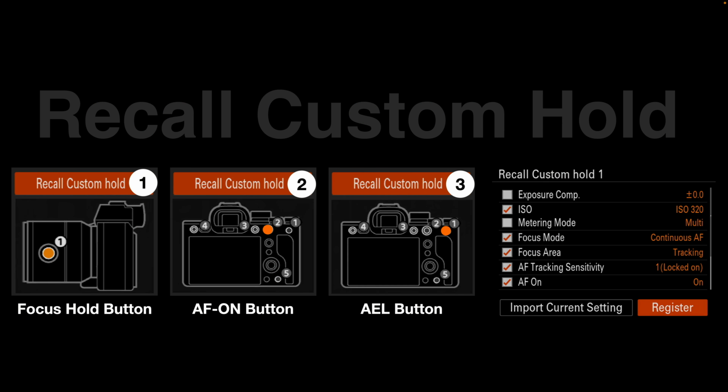There are 3 other memories that I will outline in the ebooks, and also I've registered to my CamSet files, and these are 3 additional memories called Recall Custom Hold memories. These are groups of 10 or 11 settings that you can quickly recall just for 1 or 2 shots by holding down a custom key. Okay, so these are great ways of, if you don't want to turn the shoot mode dial because you just want to grab one quick shot with a completely different group of settings,